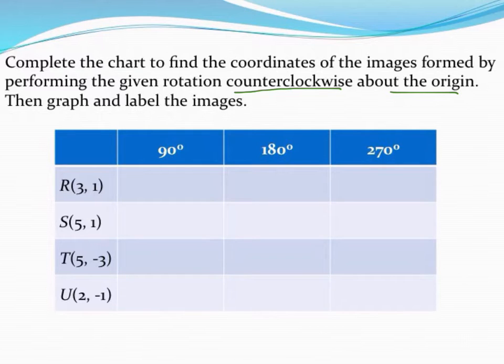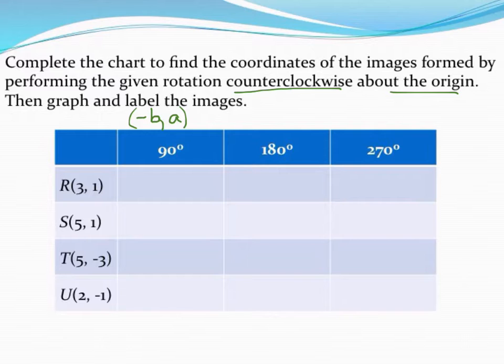So our rules are going to be for the 90-degree rotation. Like with our reflection video, if you watch that one, we're going to use A and B to represent our coordinates instead of X and Y. Our rule is going to be to do the opposite of B, comma A. In other words, we're going to switch the order of our coordinates and then change the sign of the new